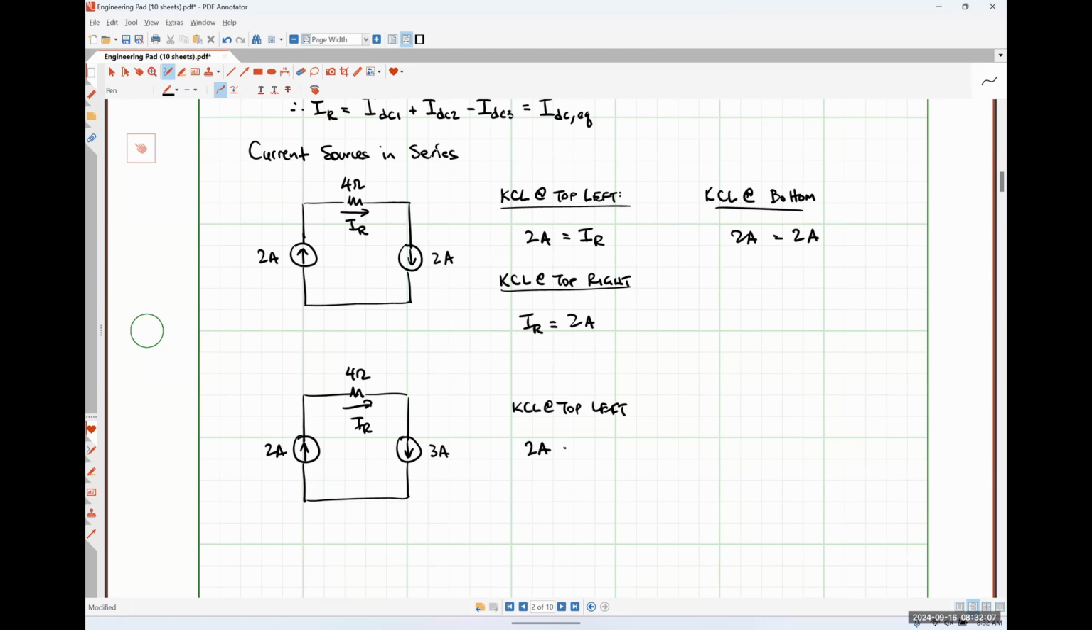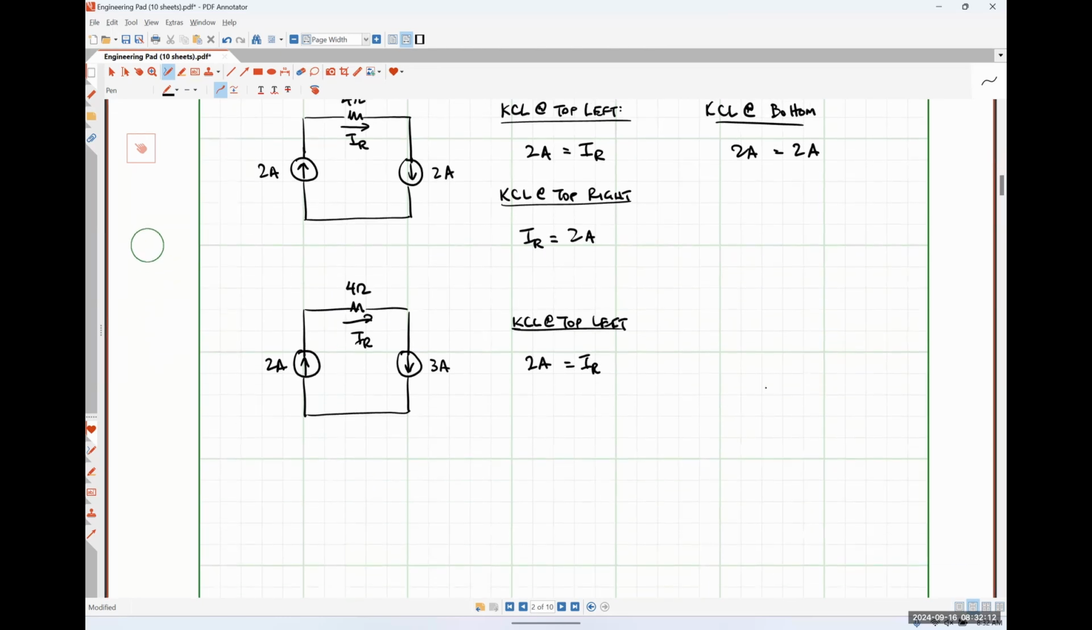So 2 amps is equal to IR, the exact same result as we got previously. If we do KCL at the top right, what do we get? 3 amps is equal to IR, which is problematic because now we have IR having 2 different values. So IR is equal to 3 amps. And if we do KCL at the bottom, we wind up getting 3 amps is equal to 2 amps, which obviously cannot be true, because in order for